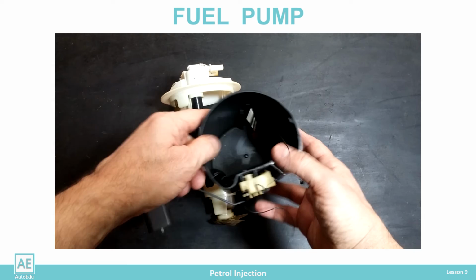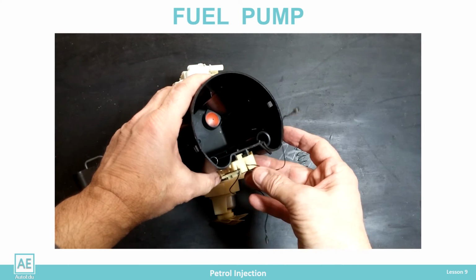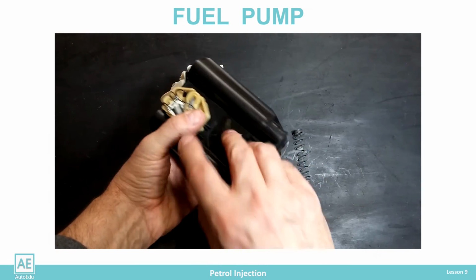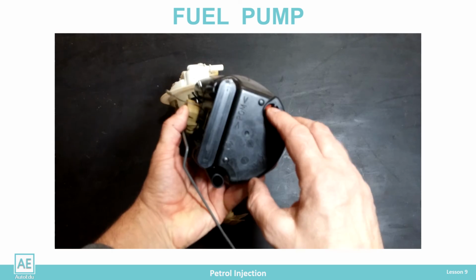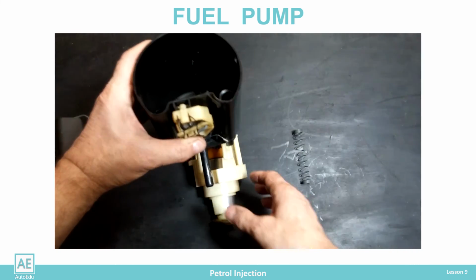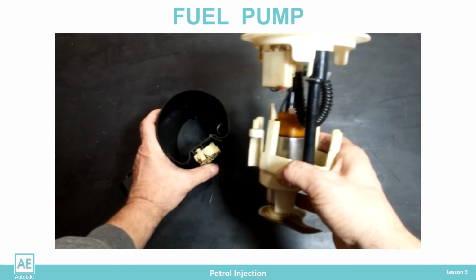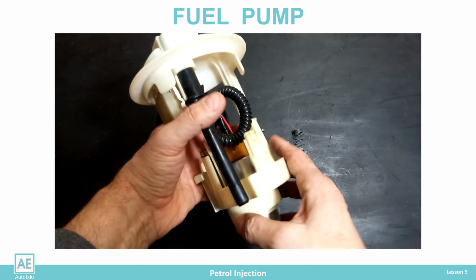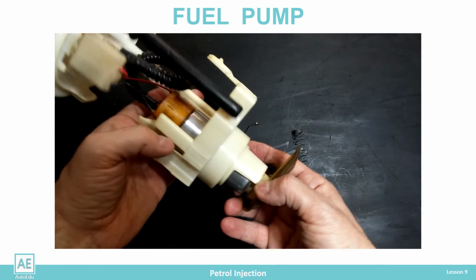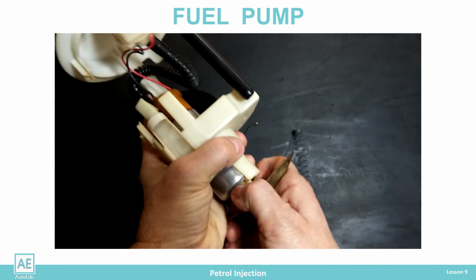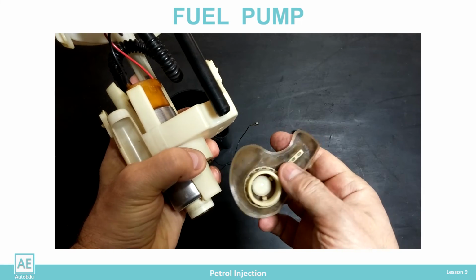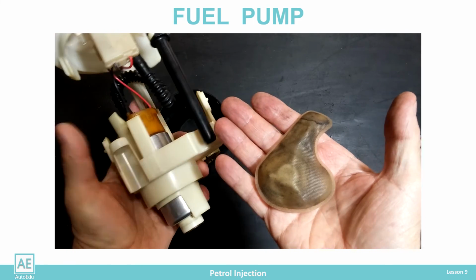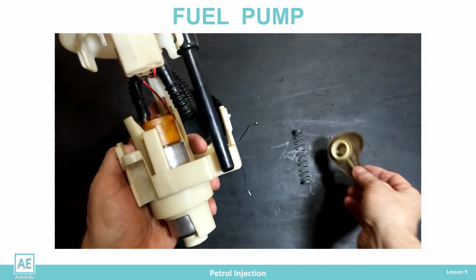The return line returns the fuel to the vortex bowl so that the pump is supplied with the required amount of filtered fuel. At the entrance to the pump, there is a pre-filter as the first line of defense against impurities from the fuel. The filter consists of a fine mesh that prevents small particles from being drawn into the pump and sent through the system.